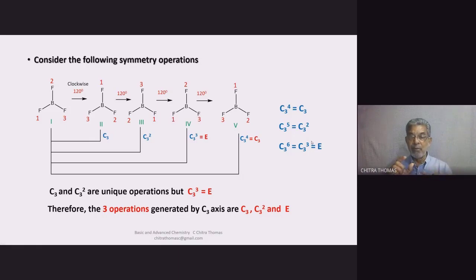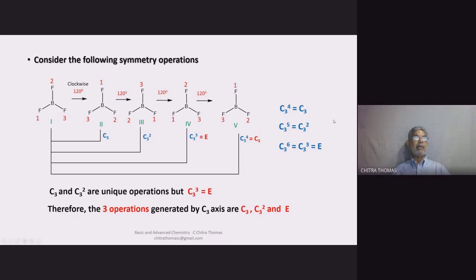Now, I'm going to teach you an important skill: the skill of simplifying the symmetry operation. Identity, symmetry operation, has only one notation, identity. Here, there is C3 to the 1, C3 squared, C3 cubed, C3 to the fourth, C3 to the fifth, etc. Now, look at each of these. There is a subscript and a superscript, and the superscript is greater than the subscript. This is 4, 5, 6. The subscripts are 3 in all.